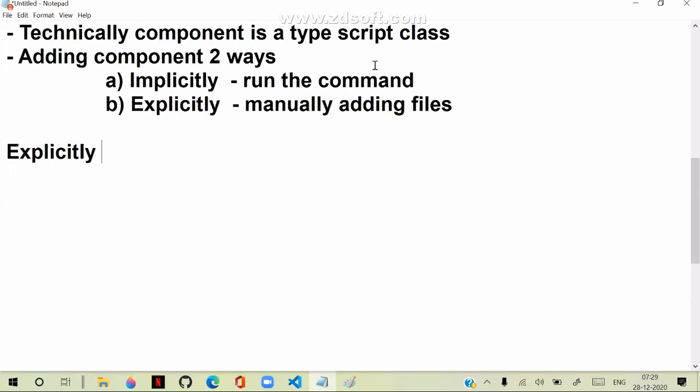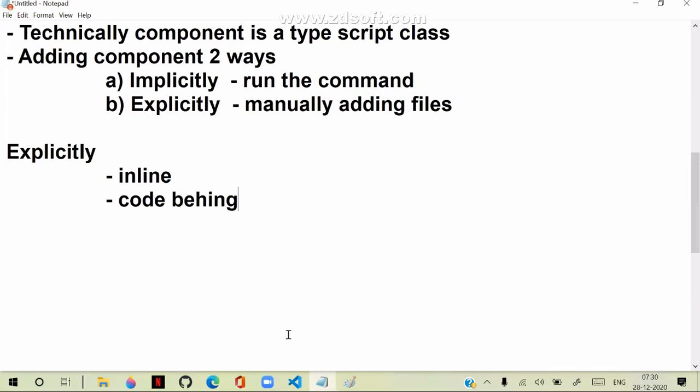And explicitly, first we will see two techniques. We will see the inline technique and the code behind technique, and how we can manage and work with them. First, explicitly we will see, then implicitly with commands. It's not a great concept, so you can add anyway. If you are good at explicit adding, then no one needs to explain what happens implicitly. Just a command you have to learn, and everything will be generated for you. You can easily understand that. We will go explicitly first.